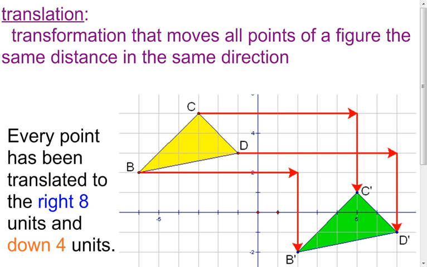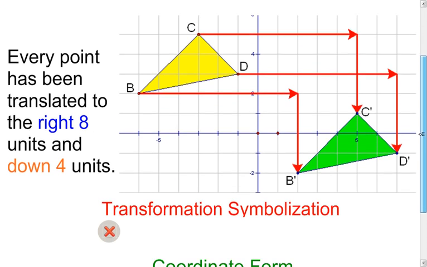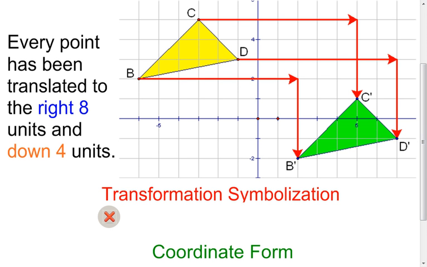My yellow triangle is the pre-image, my green triangle is the image, and all I'm doing with every single point is sliding them, or translating them, to the right 8 and down 4. Now it's not just the vertices. I could pick any point in here. I could pick this point right here, and if I were to go 8, 1, 2, 3, 4, 5, 6, 7, and 8, and then go down 4, 1, 2, 3, 4, this point right here would be the image